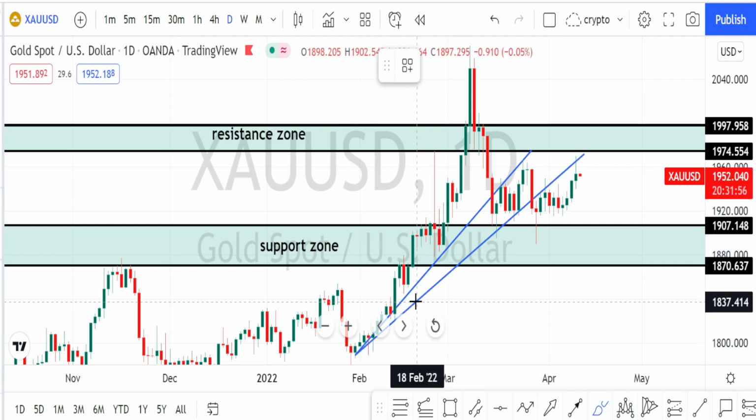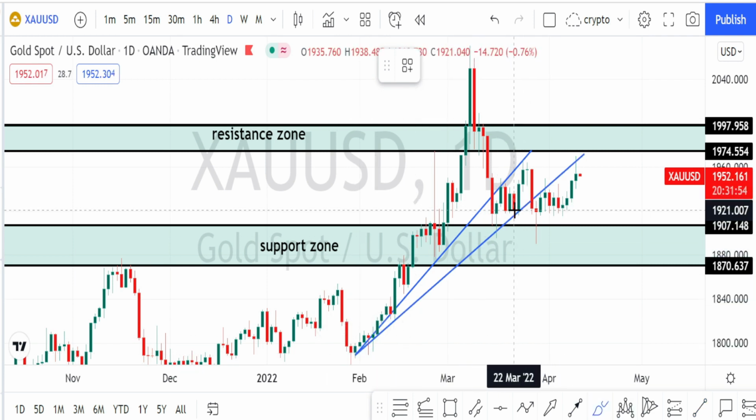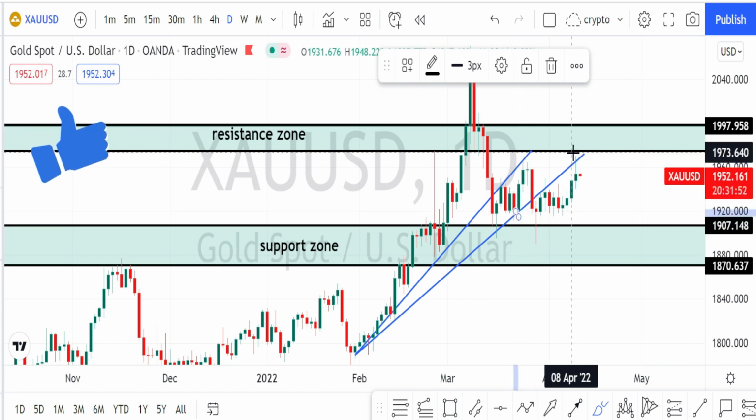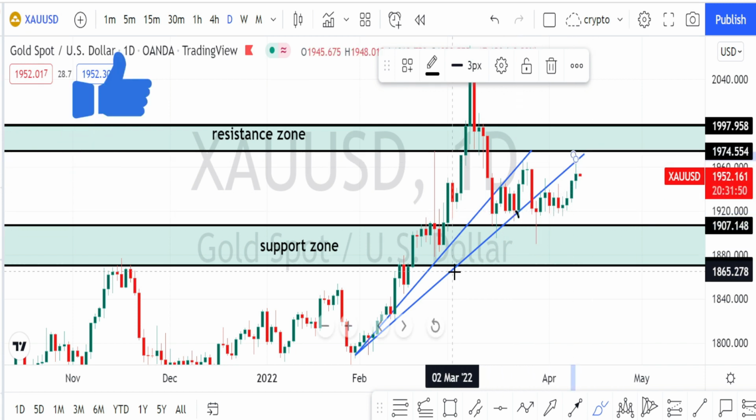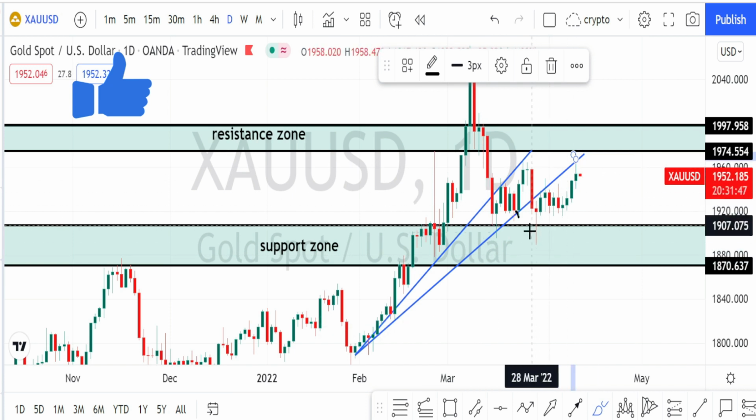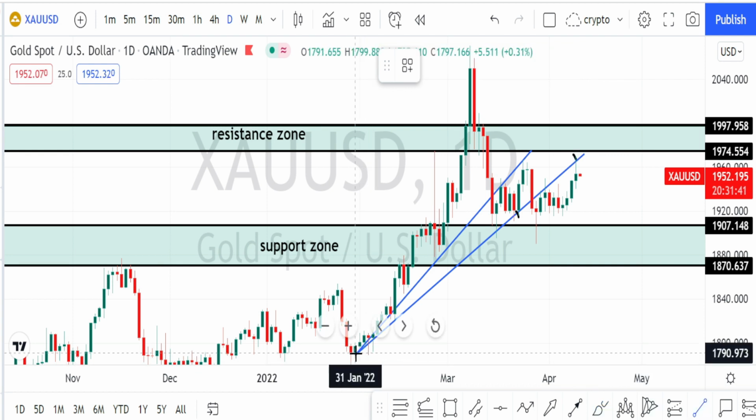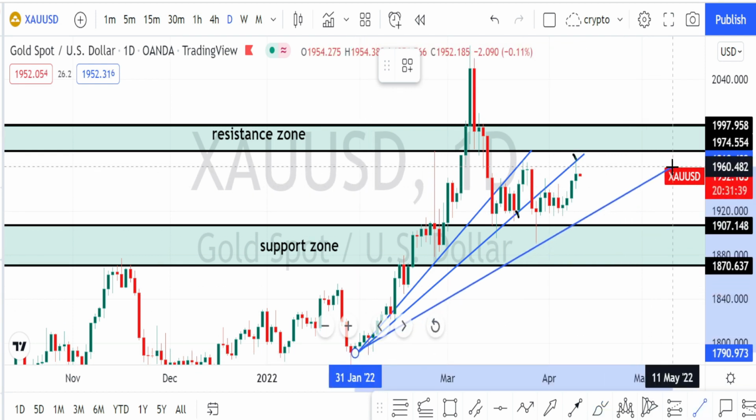We can clearly notice that again this trend line has acted as a support line, and currently the price action has taken resistance on this resistance line over here, and it is on a bearish trend reversal. So how low can it trend down? I am drawing one more trend line over here, which is going to be acting as a support line for